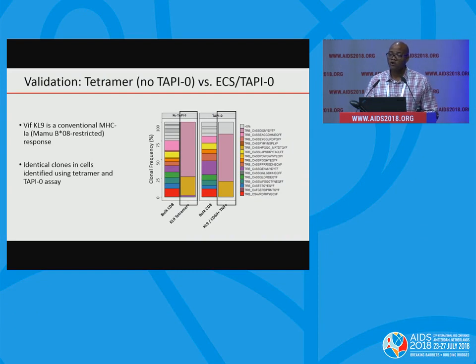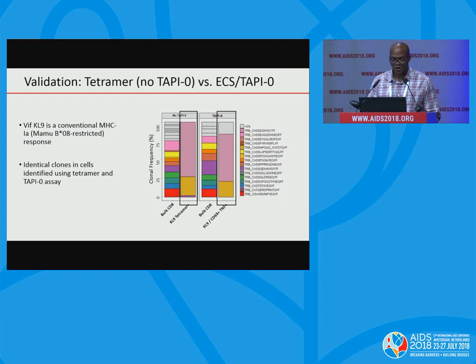And we looked at multiple different responses, but I'm just going to show you one today, which is MAMU-B08 restricted VIF-KL9 response. And to give you some orientation for this graph, what we're looking at is clonal frequencies defined by the CDR3 from the TCR beta chain. Now, the thing we notice if you use a tetramer, we see two dominant clones, two dominant clonotypes. And this is replicated using our ECS system, where we see the same exact clonotypes at basically the same exact